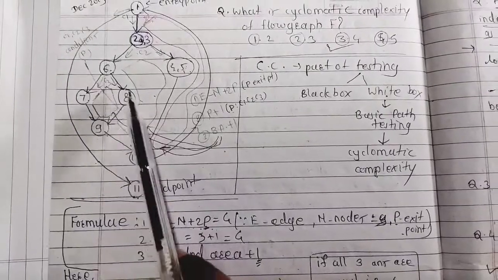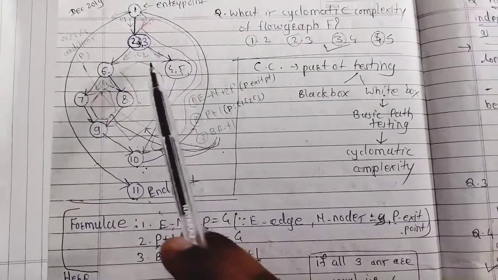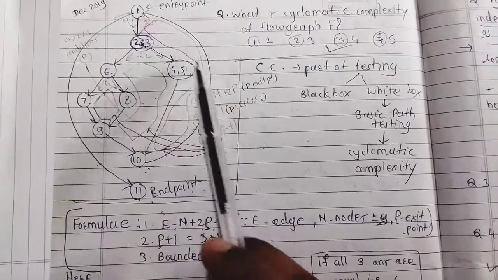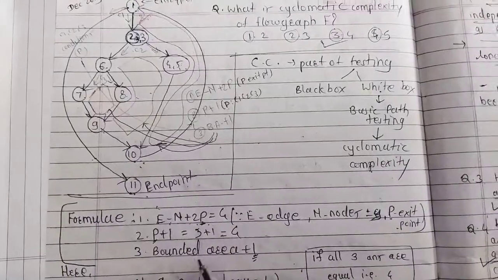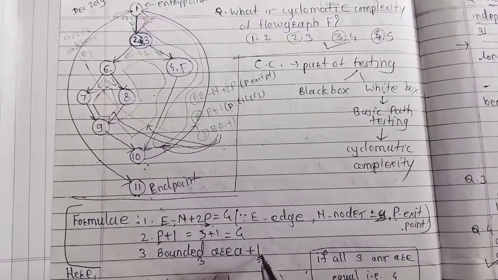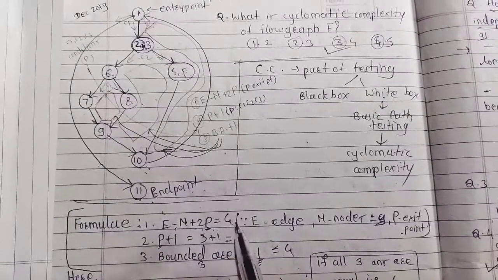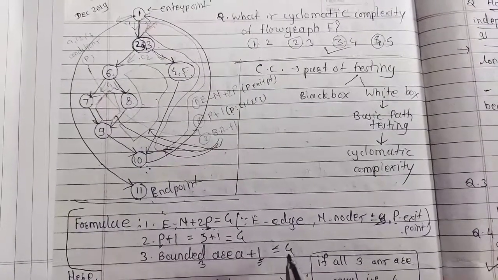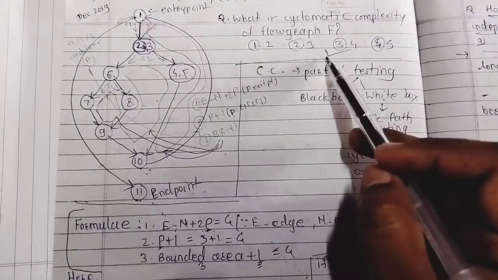This is one bounded area or closed area. This is the second closed area, and this is the third, which is closed under the edges. Now 1, 2, 3. There are 3 bounded areas plus 1 unbounded area. The answer is equal to 4. It means the answer for the first, second and third formulas is 4. So the 3 answers are the same, so the answer is 4 here.